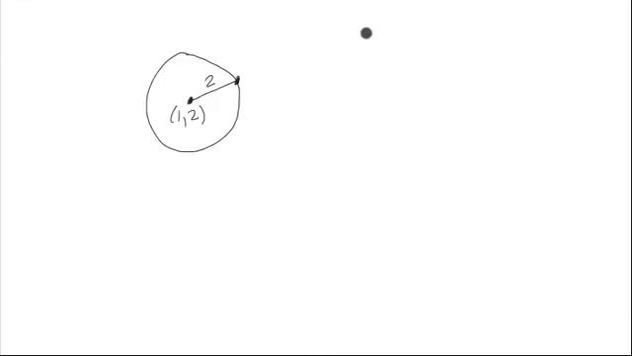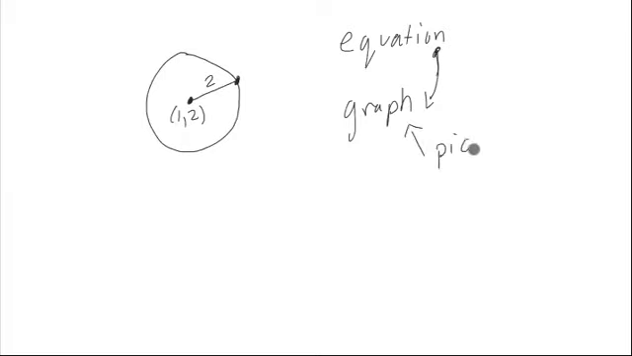Now, let's think about what the relationship between an equation and a graph is. A graph is actually a picture of the equation. It's a picture of all the solutions. So a graph is a picture of all the solutions to the equation. That means anything on the picture itself